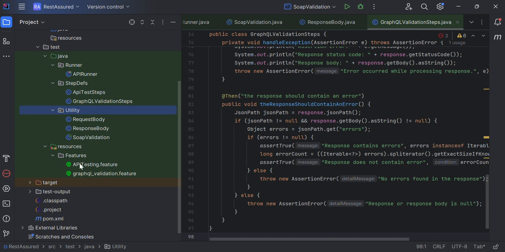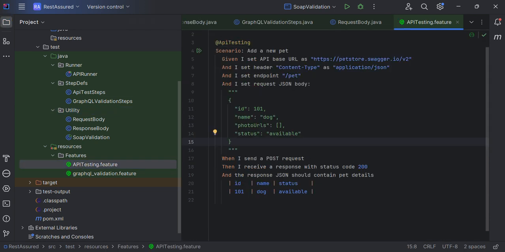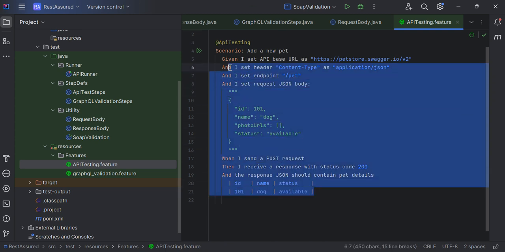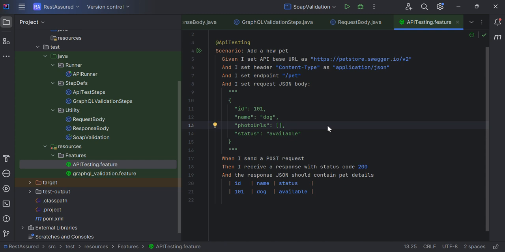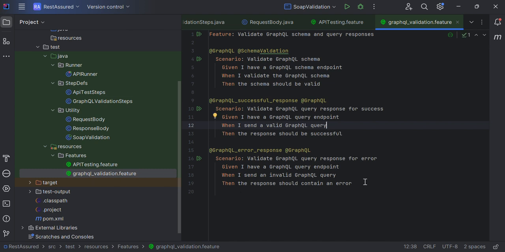And we have, at the end, the feature file, like how automation test scenarios are written in real time. This is one of the examples, like how the request body is passed in the API and how the responses are validated. I will explain that as well, and I will create that for you. And we have a GraphQL validation feature file. So these are all the real-time scenarios, like how real-time scenarios look. I will explain these things as well, like how we write these step definitions and how the code is written into the step definition.